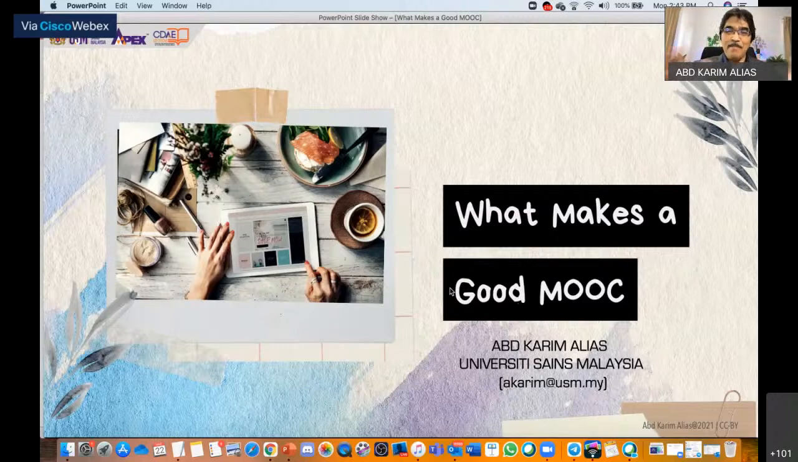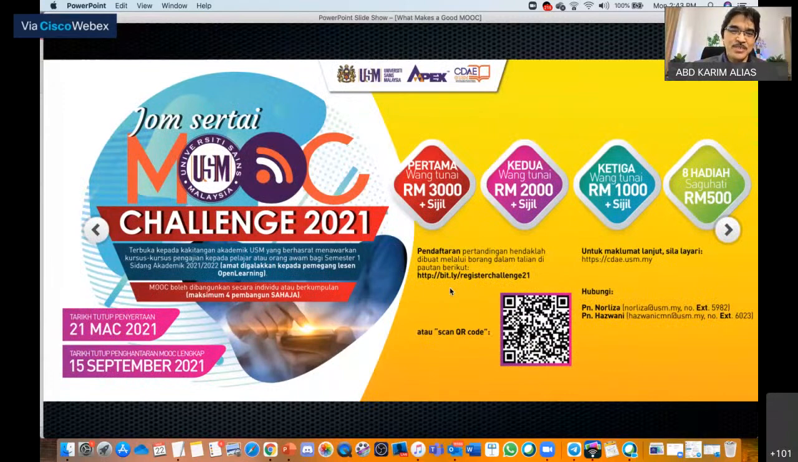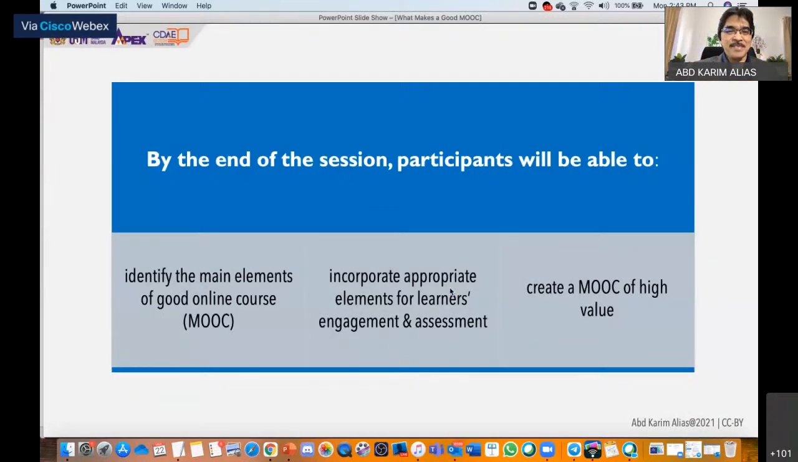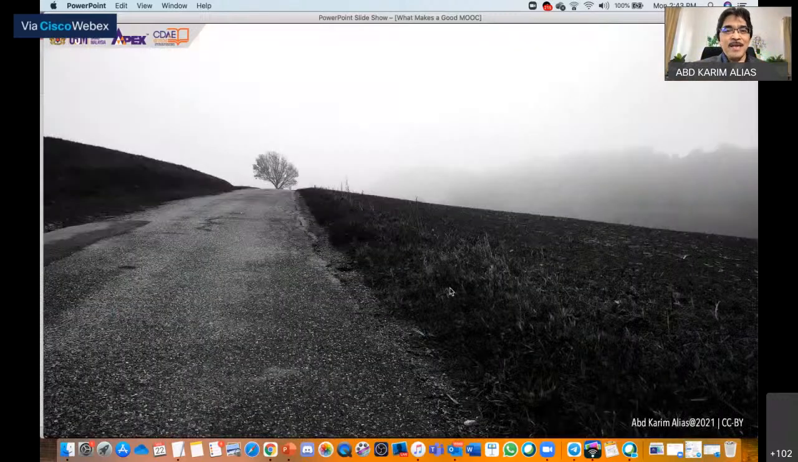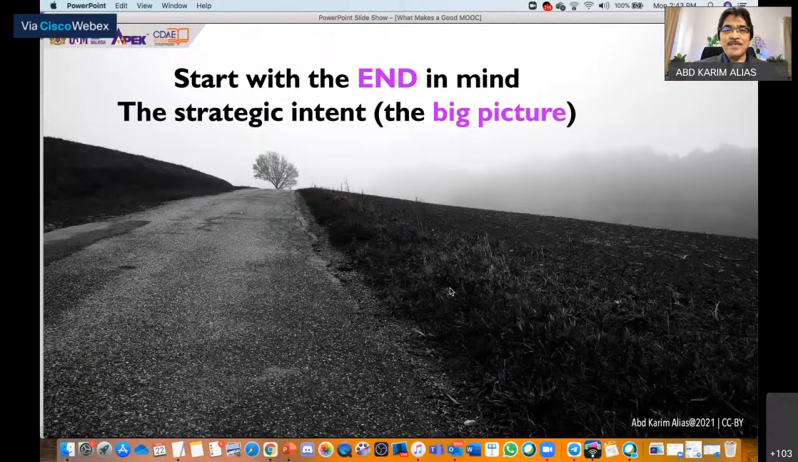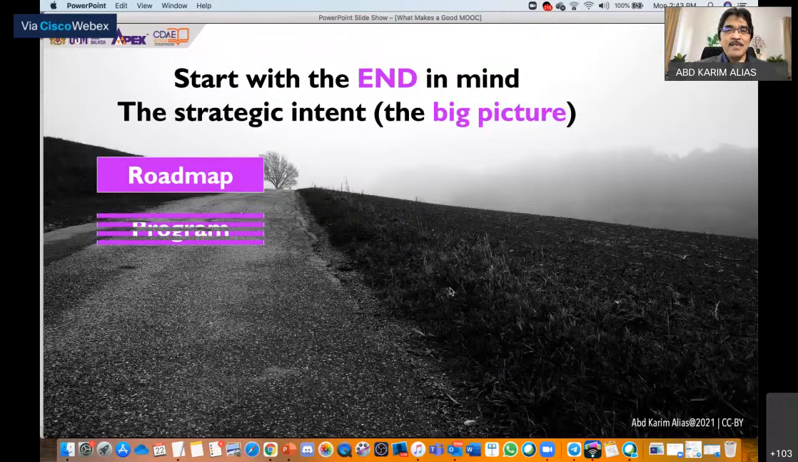Okay, back to my first slide. What makes a good Mooc? Then this is the Mooc challenge that I mentioned just now. Then these are the three objectives or outcomes that I would expect the participant will get at the end of this presentation. And these are the 3 segments that I want to cover: the creation of Mooc, elements of good Mooc, and walkthrough of Mooc examples. And yes, start with the end in mind, the strategic intent, the big picture, the roadmap,